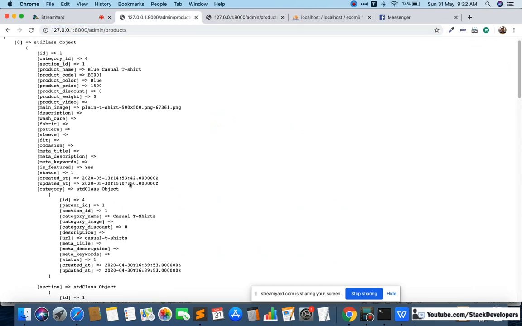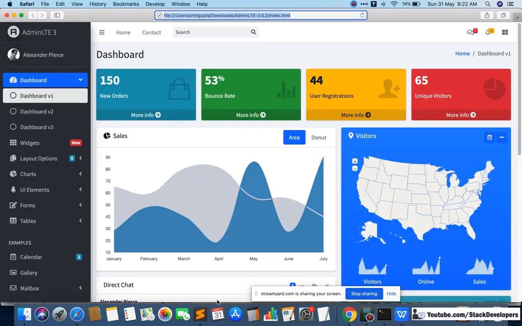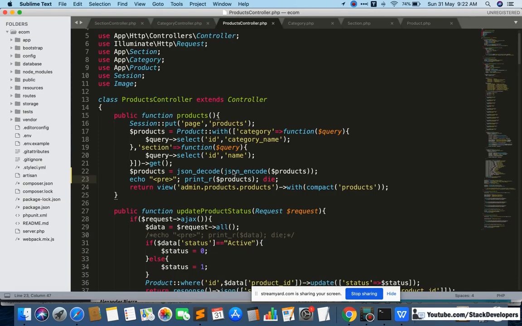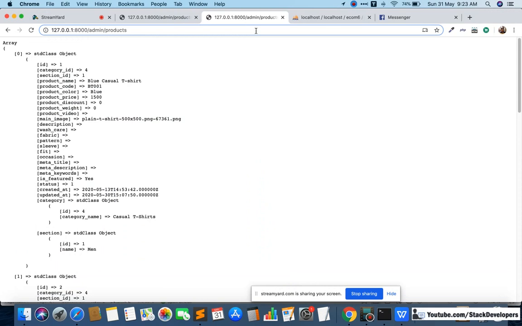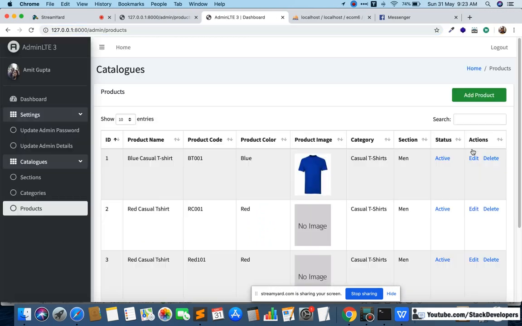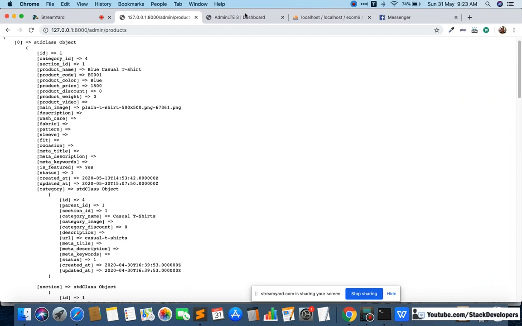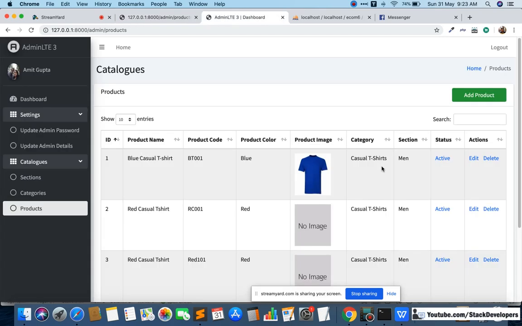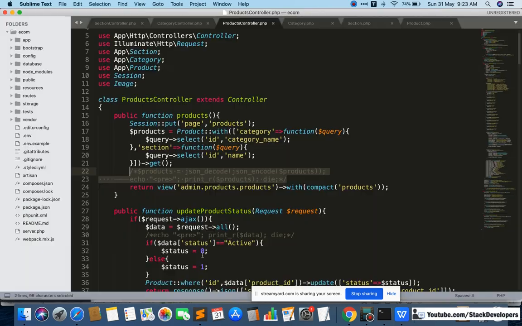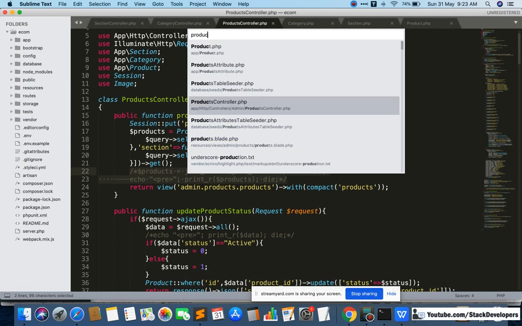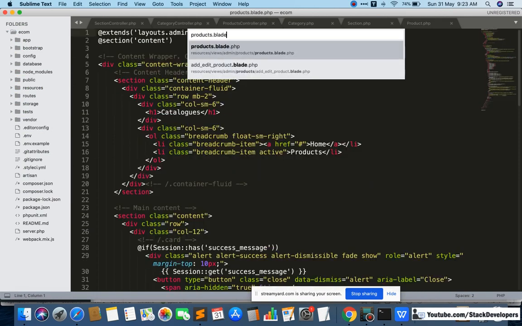So I will just open this one, and now I will remove the debug thing. Then I will open my products page here. Now I will compare: okay, these are the details coming here, and I want to show all the details here. So now I will open my product blade file. This is the way I used to do it.